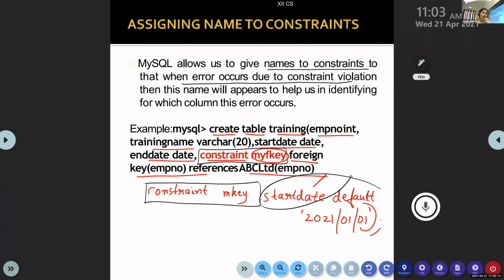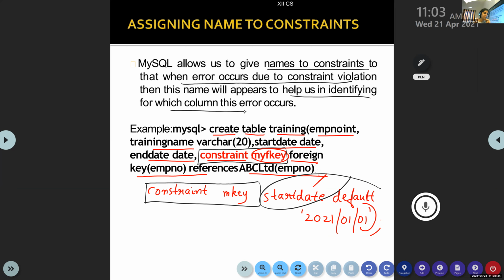You can drop as alter table training drop constraint M key. You can specifically delete each constraint, or you can alter your constraint. If any problem occurs, it will help you to identify the problem and rectify that problem. That's why we are specifying constraint names.